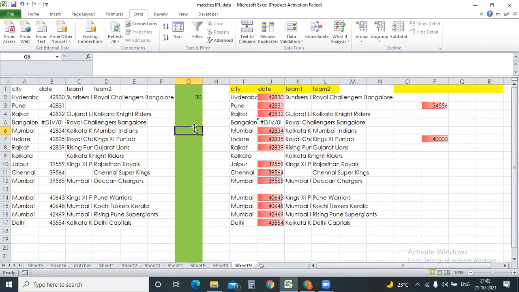Another question. I need the values of only this entire teams column. Apart from that, you cannot enter any other team name. How can you do that?